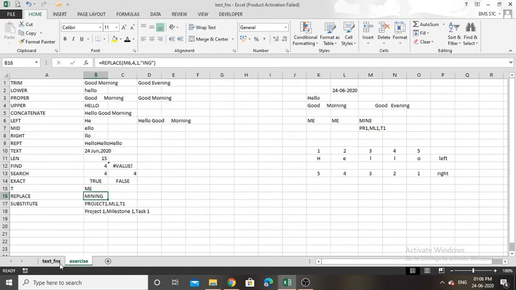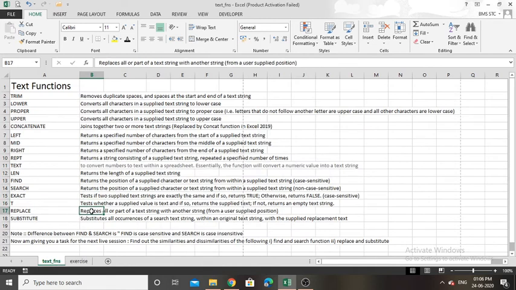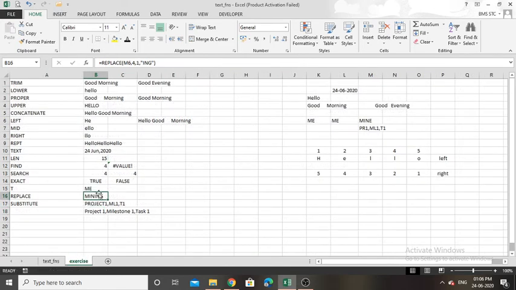Okay. Next is replace. Replace all or part of a text string with another string. So here I used M6, that is mine. I am going to replace this word mine into mining. So I used the replace function. The replace function also has 4 arguments.